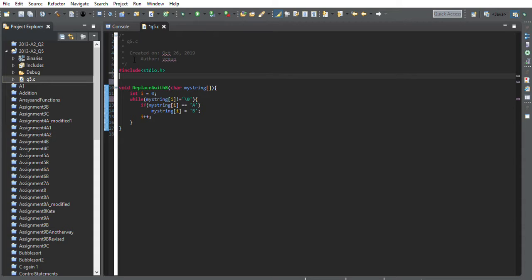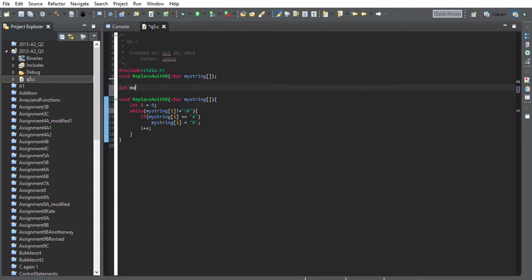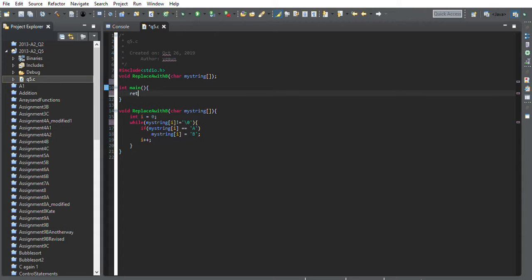So let's do that. I'm just gonna copy and paste this. Alright, now there's our function prototype. Now let's start int main. I always like to start with my return 0 statement at the end, simply because I always forget it. In this case, it wouldn't have made a single difference at all. Now let's declare a character array, char my name, and immediately let us initialize it. I'm going to put